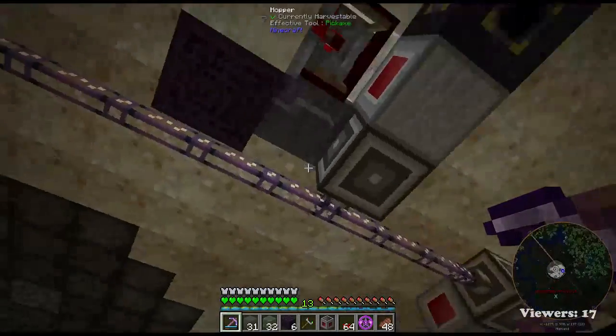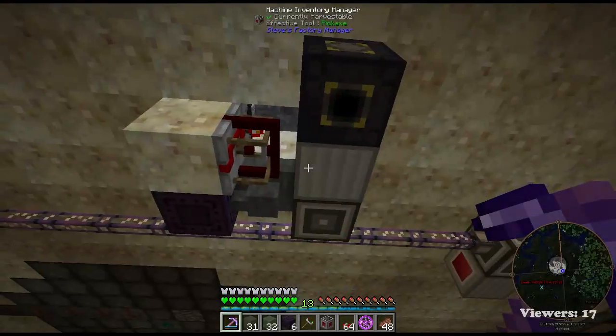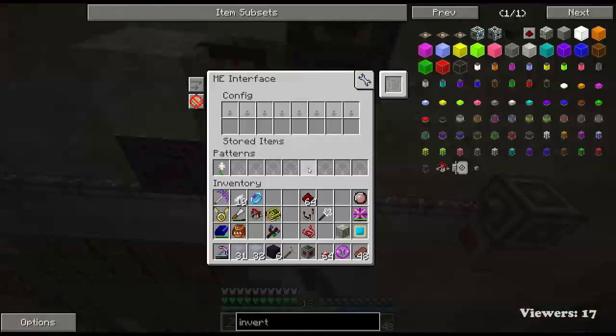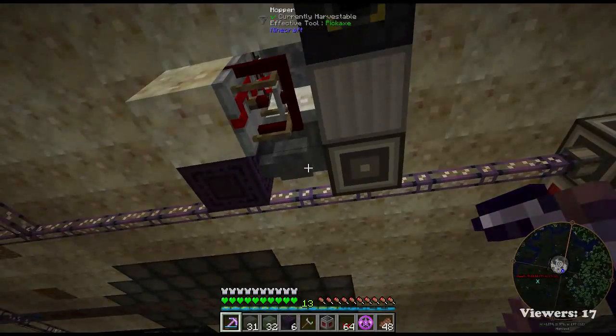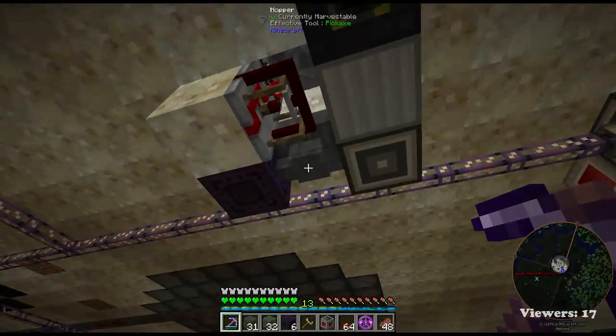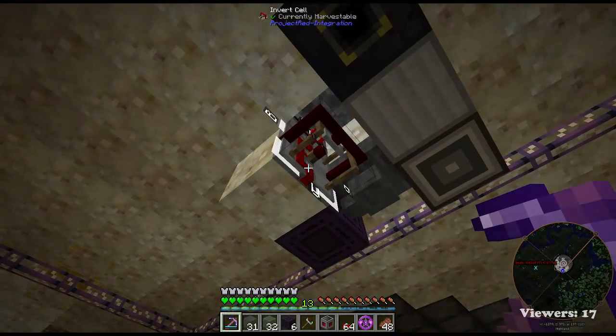I mean, it's not going to be the fastest in the world, but it's pretty compact. I'd say it's a good design. You get your interface, which is going to have your patterns. It's going to be forced block, so it doesn't try to push items into there if it's currently crafting or has anything in it. And that links up to...